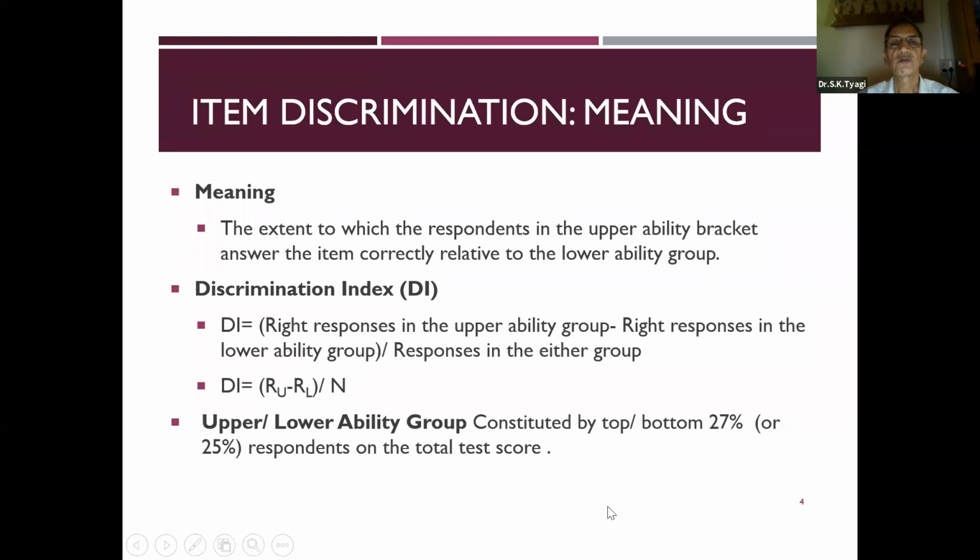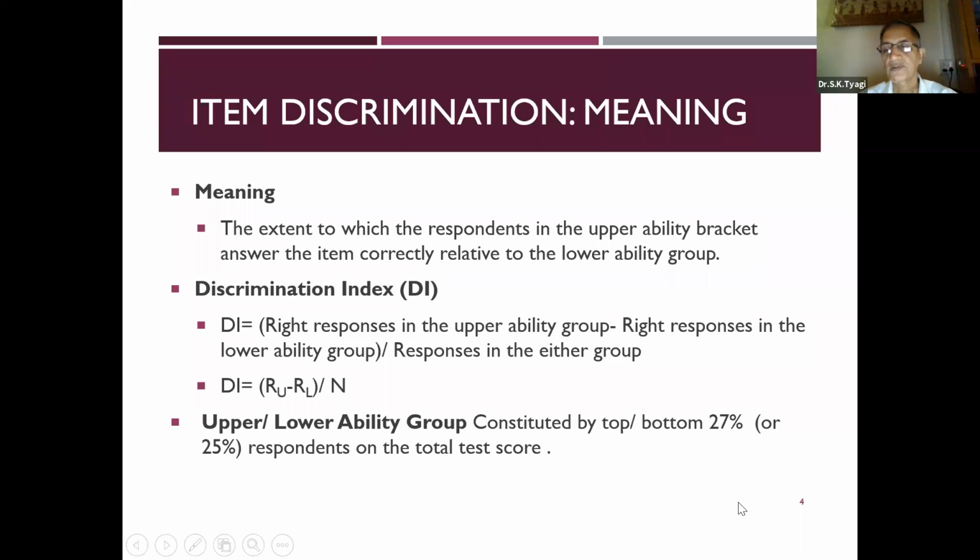Suppose there are 40 items, so on 40 items, each individual will have a total score. Say out of 40, some will have 40, second will have 37, third may have 35, fourth may have 10, fifth may have 27, and so on. So arrange them in descending order. The top 27% will constitute the upper ability group, and the bottom 27% will constitute the lower ability group.